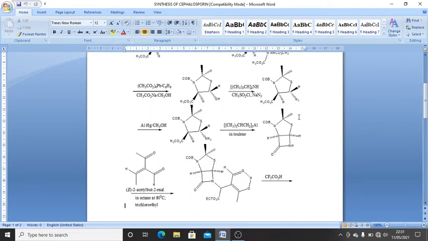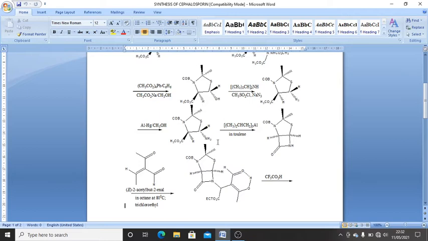Further, this triazide derivative in the presence of aluminium, mercury and methanol undergoes reduction. N3, that is azide, is reduced to NH2. This conversion would give me a 5 amino derivative. 1, 2, 3, 4, 5. In the place of the 5 triazide derivative, now I am getting a 5 amino derivative.